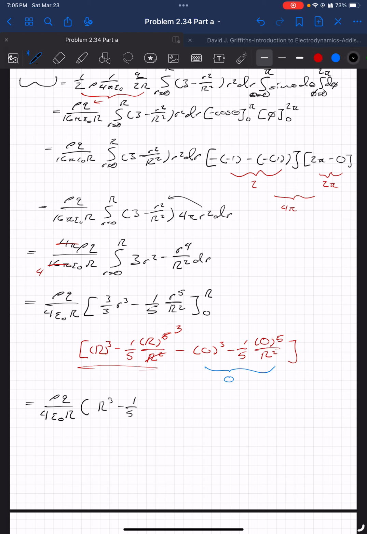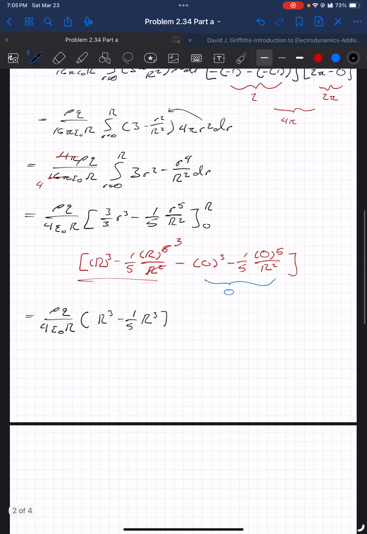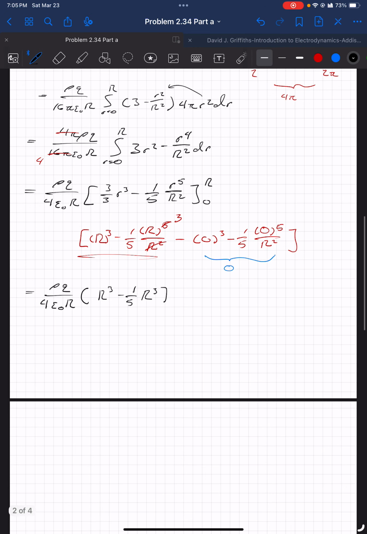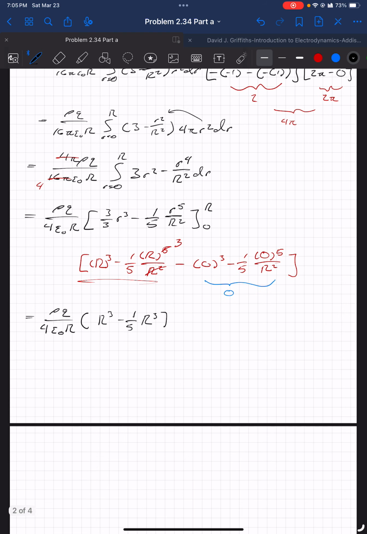So we have 1/5 r cubed. And now that our r's are the same value, we can actually subtract 1/5 r cubed from the large R cubed. So we end up with rho q over 4 epsilon naught large R multiplied by just 4/5 r cubed, as this is just that value. That's a horrible area. Now, multiplying this all together, we end up with